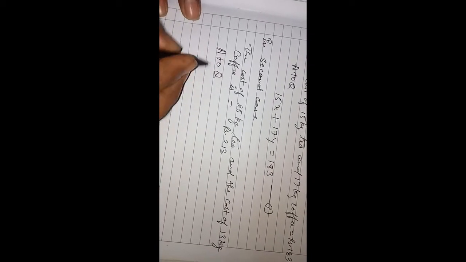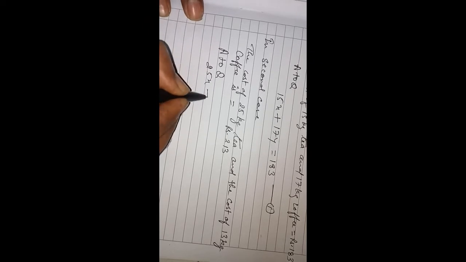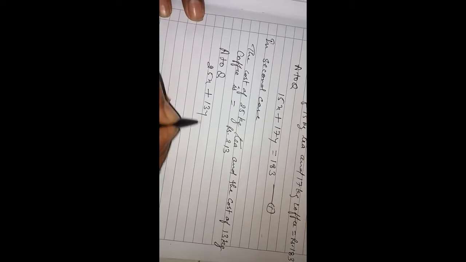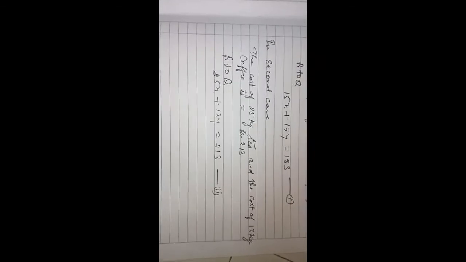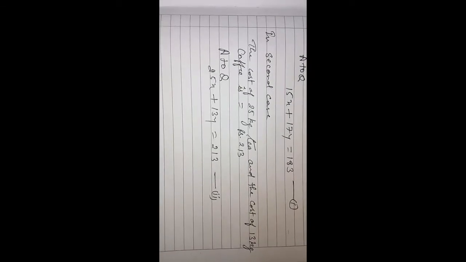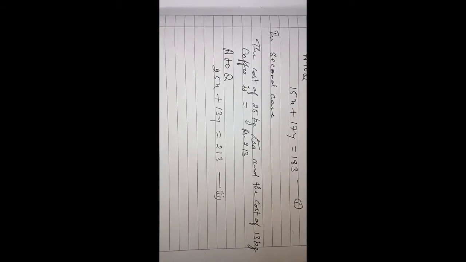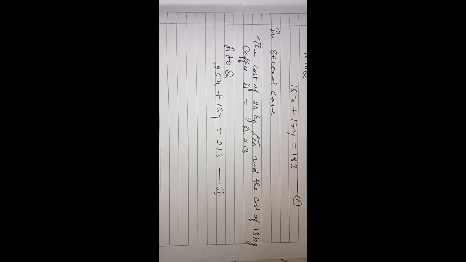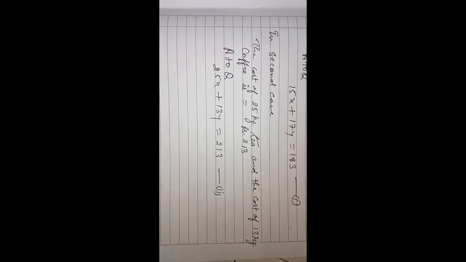According to question, 25x plus 13y is equal to 213. This is equation second. Now either we use substitution method or elimination method or cross multiplication. Using substitution method,